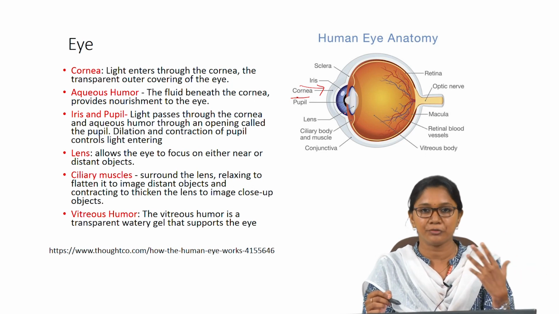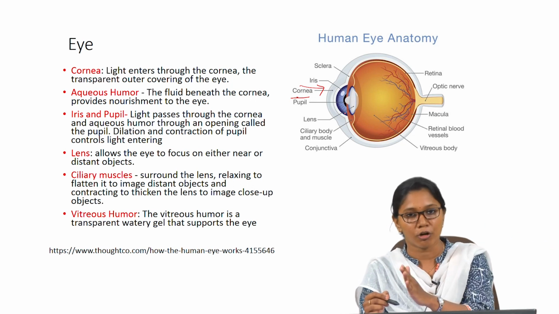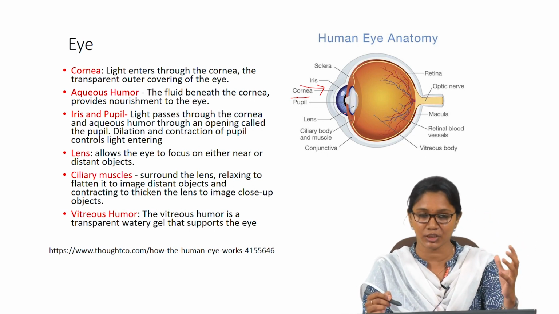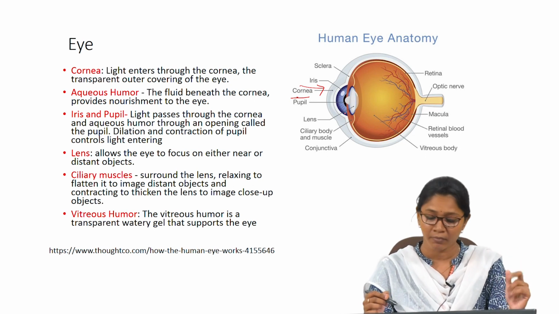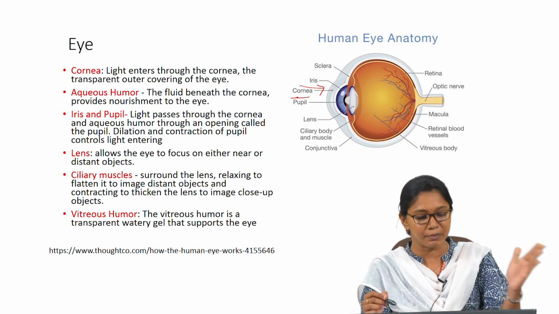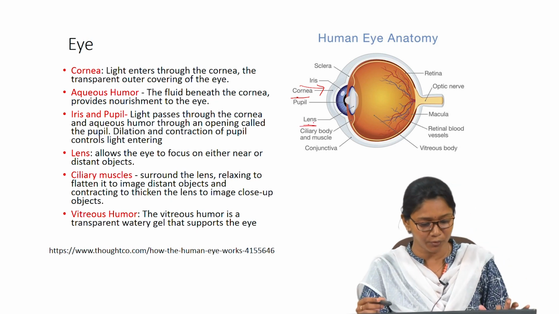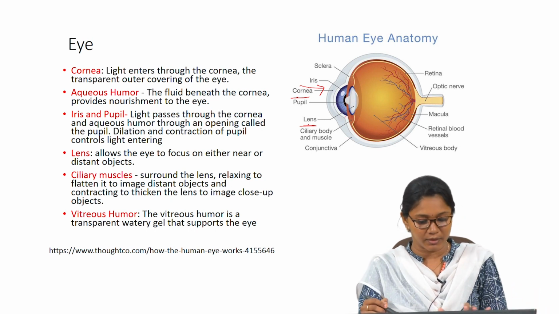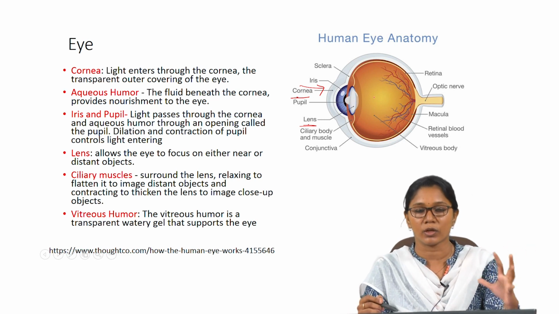We all know the function of the iris and the pupil: the light that passes through the cornea enters and reaches the iris and the pupil, and that is where you get your vision, and the dilation and the contraction help you in seeing near and far distant objects. And then we have the lens that is behind the pupil, and the ciliary muscles surrounding the lens, and then the vitreous humor,